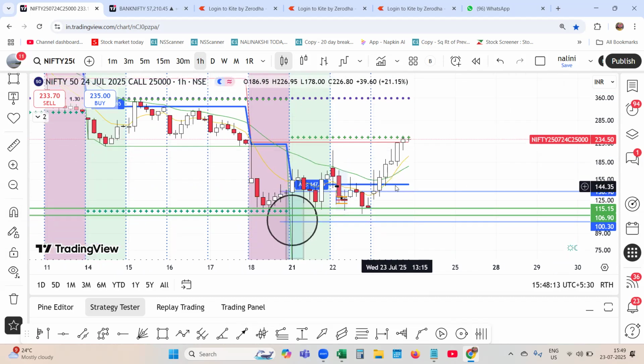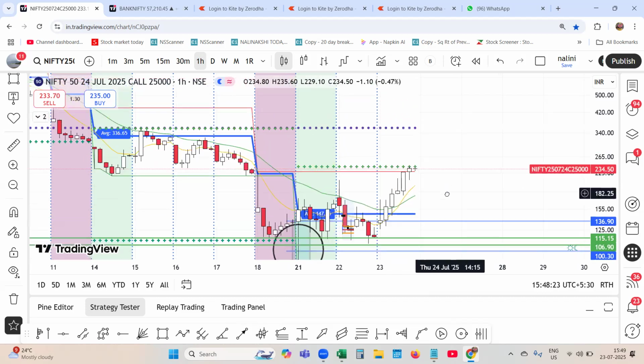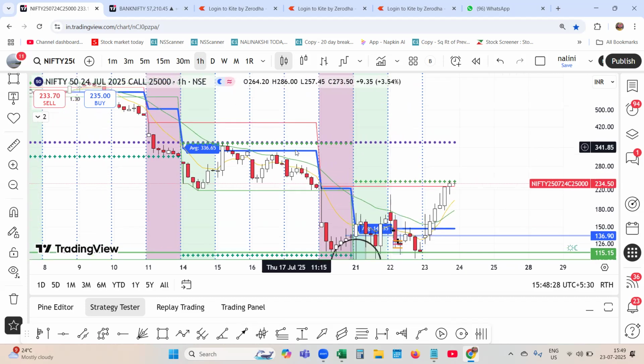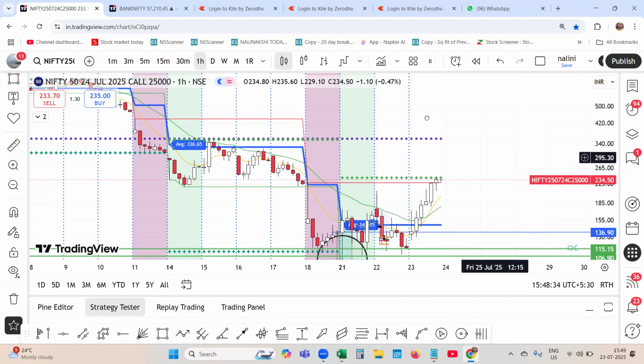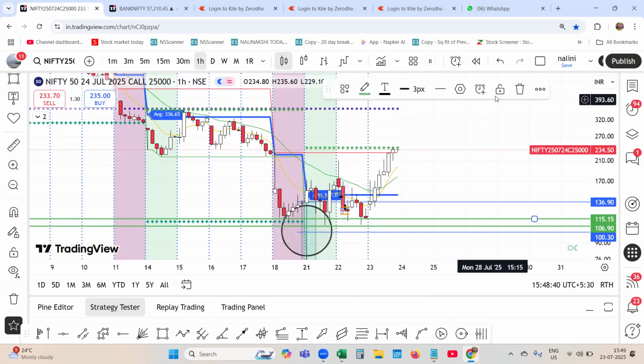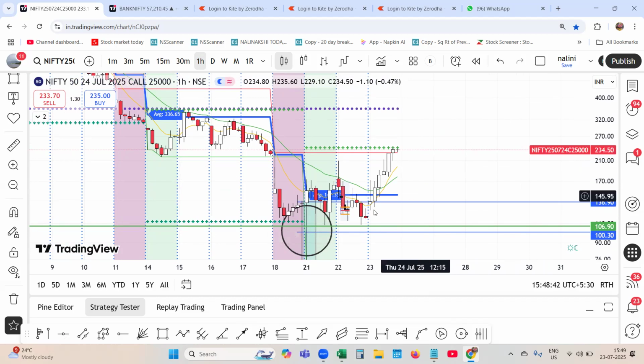When the price started crossing above this balance line, 147, around 11:15, it was a buy for the market, and you can see the market has rallied. Now, this balance line is the immediate resistance for the 25,000 call option. So you could have taken it. Weekly balance lines are a very, very important clue for your trade.